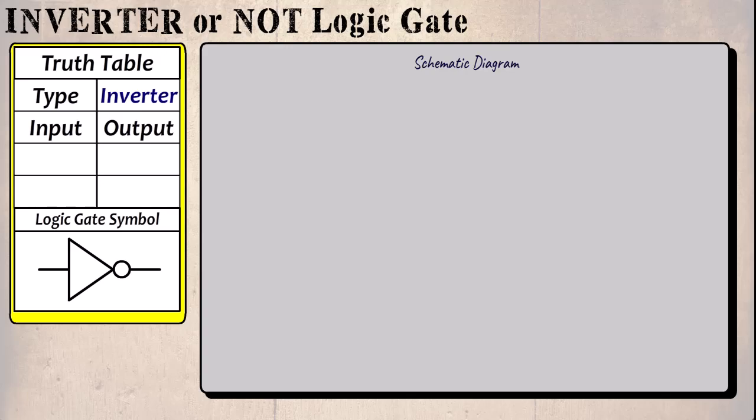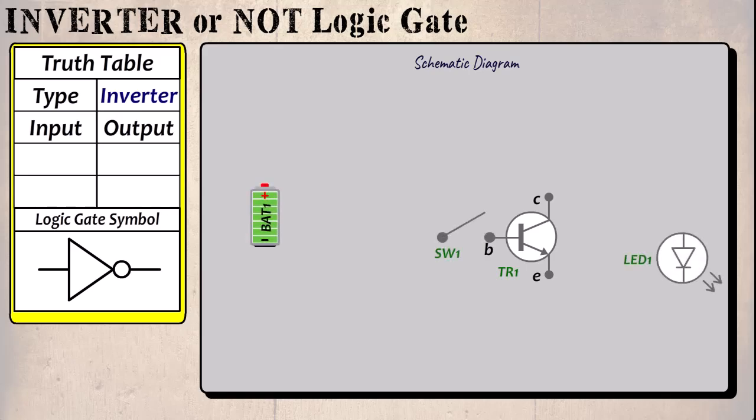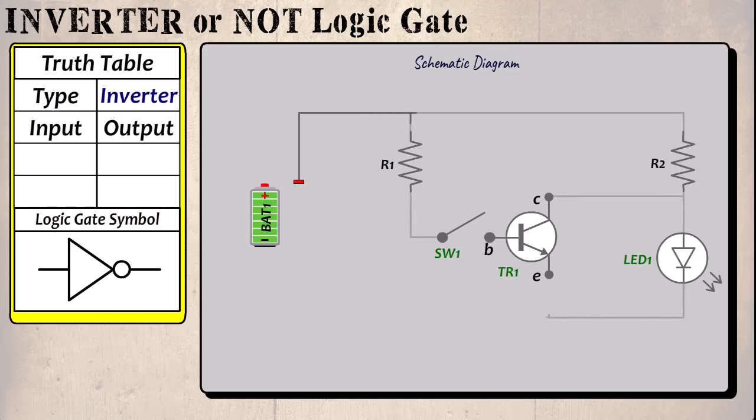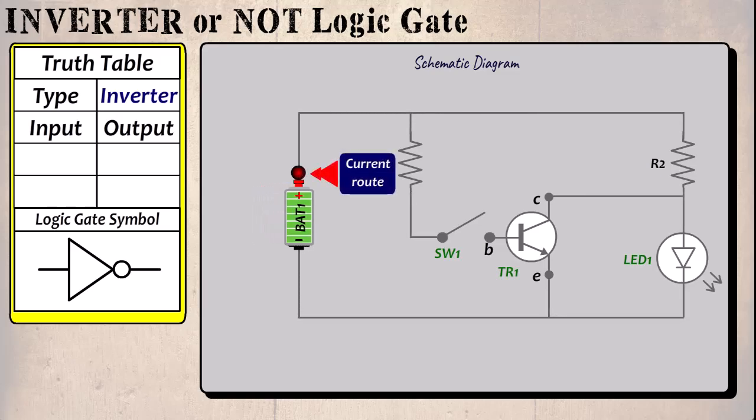Let's construct a schematic diagram showing such a gate. This will consist of a single transistor, an LED, a switch, a battery, and two limiting resistors. When we connect the battery, current flows from the positive through R1 to the switch, which is currently in its off state. Current then continues through R2 and through the LED and back to the battery, which causes the LED to light. We could say that in this example, when the input is 0, then the output is 1, since